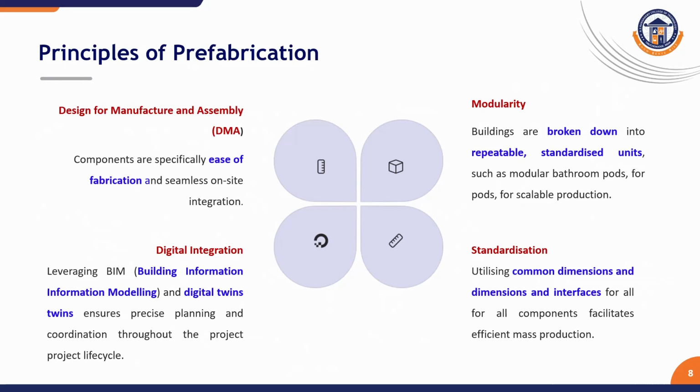The principles involved in prefabrication are design for manufacturing and assembly, modularity, standardization and digital integration. In design for manufacturing and assembly, the components are designed for easy fabrication and seamless on-site integration. In modularity, the buildings are broken down into repeatable standardized units such as modular bathrooms or pods for scalable production. In standardization, we use common dimensions and interfaces across the components to facilitate efficient mass production. In digital integration, using building information modeling and digital twins ensures precise planning and